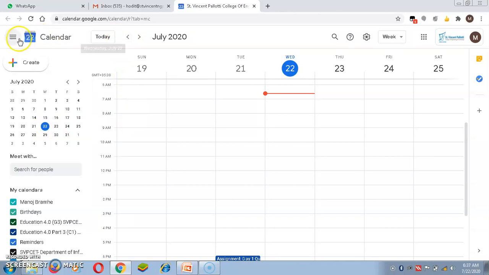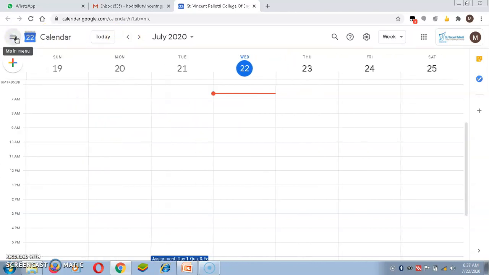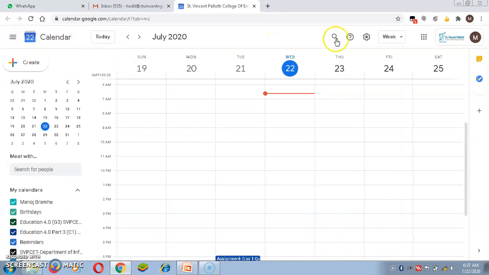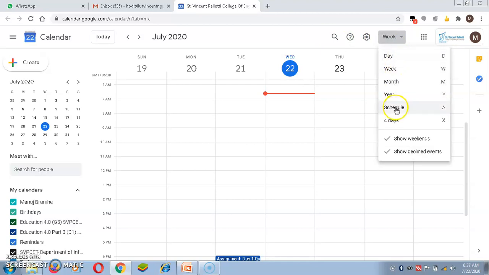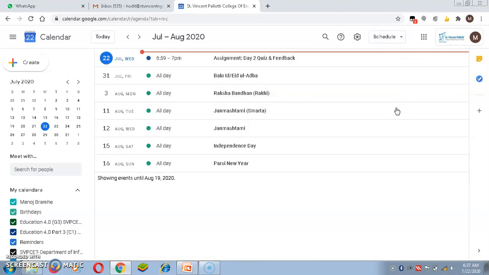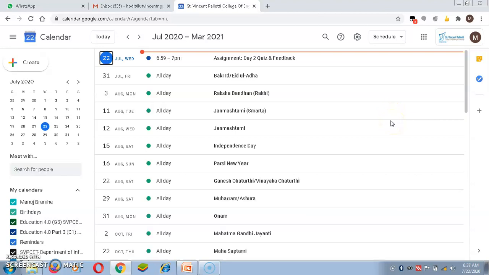So you can get the calendar. Then you can search for a particular event. You can get this calendar in a week by week format. You can schedule your activity and see the schedule which you have done, or what the government holidays are.